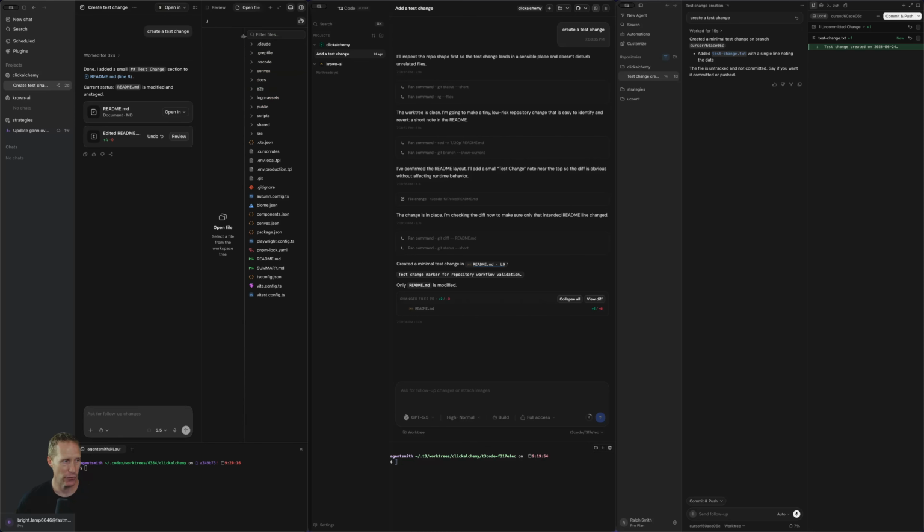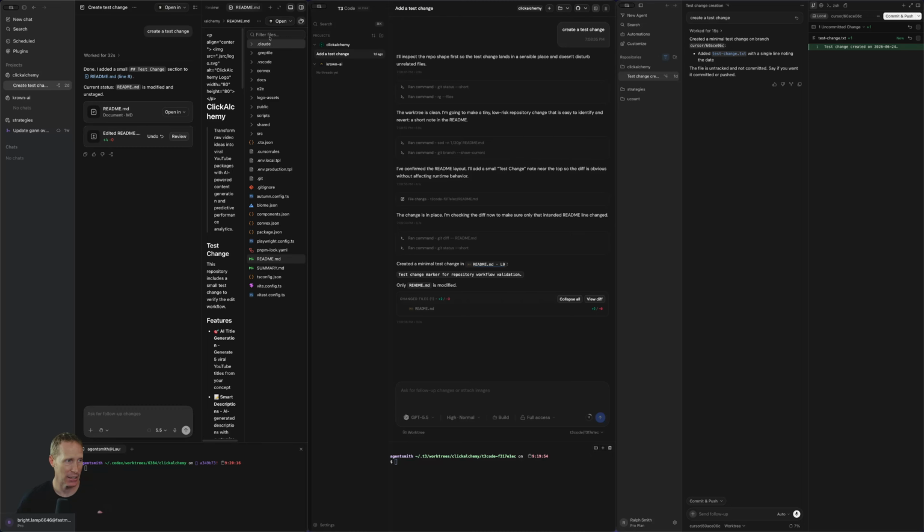So you can view your files here. This will give you a file tree, as you might expect. If you click on one of these, it's going to open that here. And so inside of Codex, you can choose different apps to open this. You can open this in. And so this is very